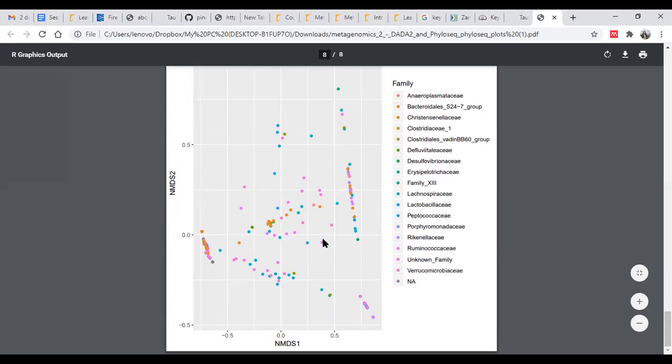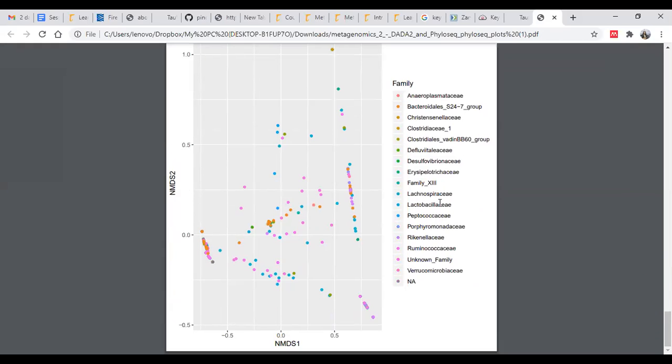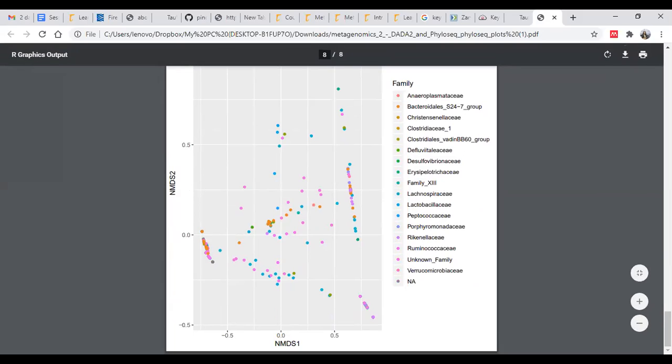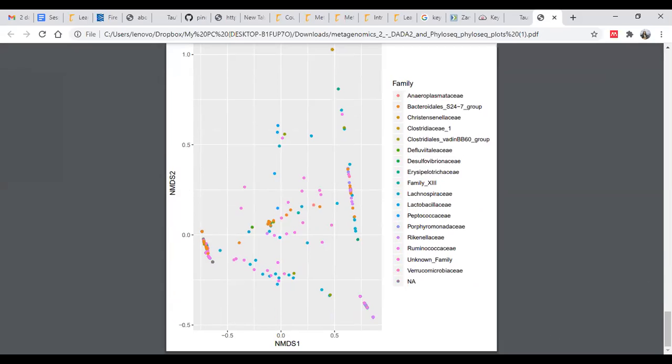This is how you can also further produce NMD based on different microbial composition. Now let me show you what this NMD table is. Sorry, I mean the abundance table.